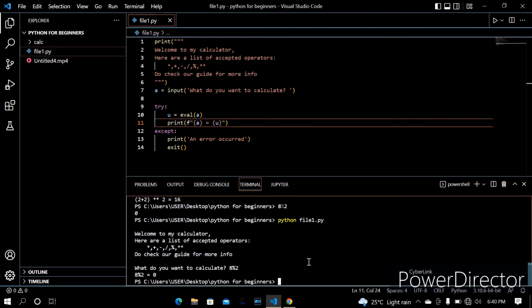Alright, so that is my calculator. Now, maybe later on down the line, as we keep introducing more and more functions and features, I will